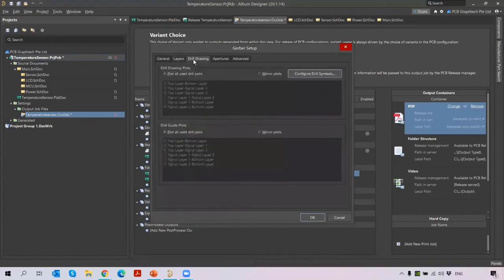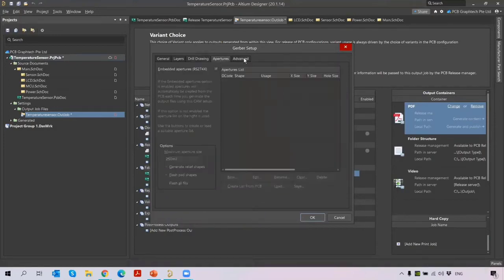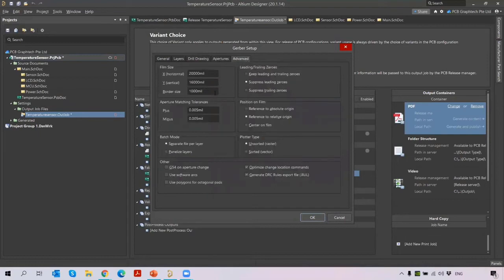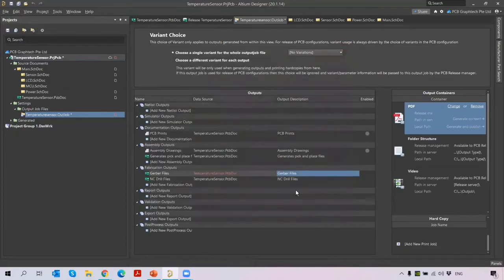Then the drill drawing. I need to have the drill drawing plots included, so it is automatically included here. Then the aperture size, then going to the advanced settings. Normally your film size should be greater than your PCB, so you need to check and verify. Also check your leading zeros and trailing zeros. You can verify here and then click OK.